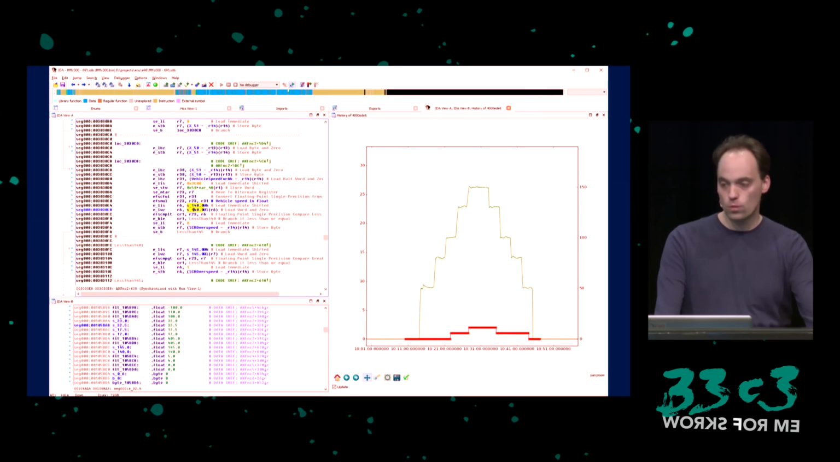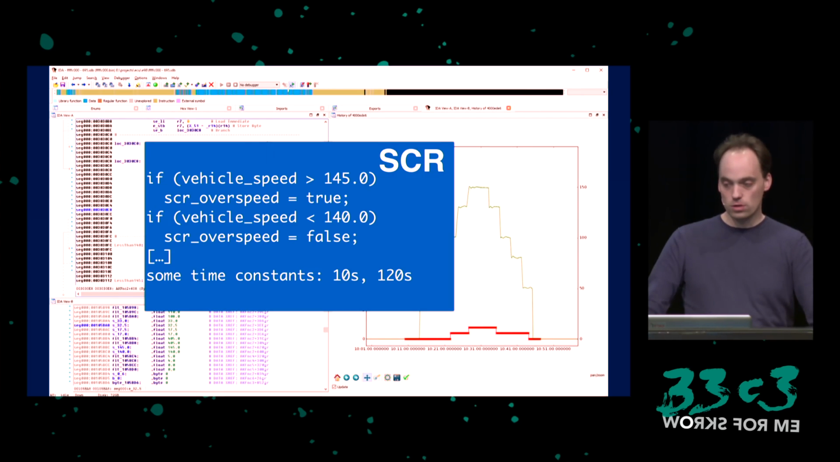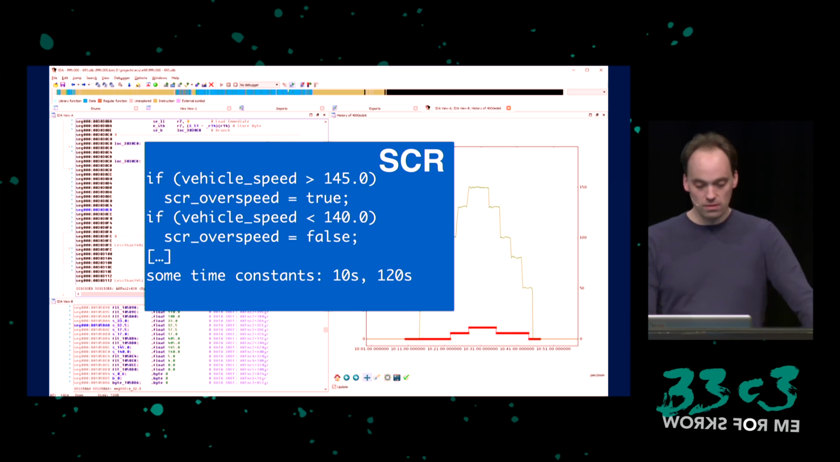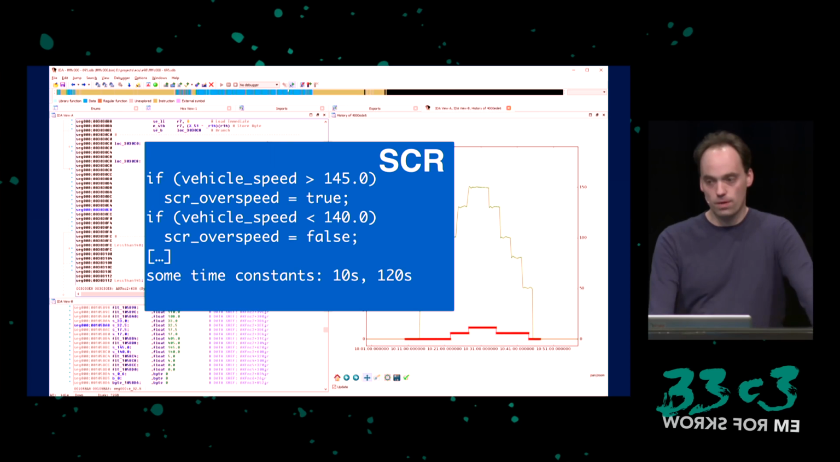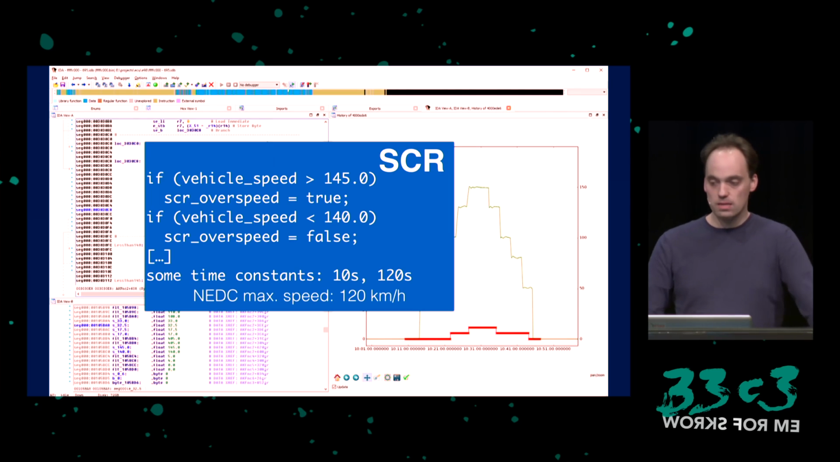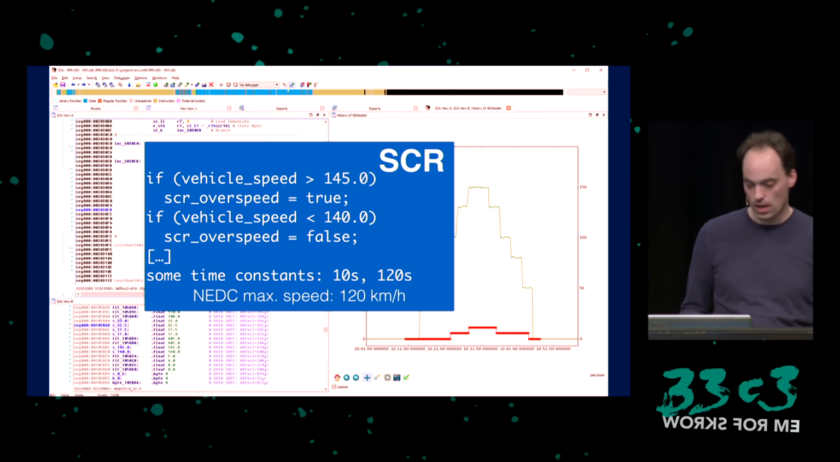And one thing we found was this. It's basically reading the vehicle speed and comparing it to a fixed number. And it turned out it's something like this. It would check the vehicle speed, and if it's above 145 kilometers per hour, it would set a flag, and then under 140 it would clear it. Keep in mind that the NEDC maximum speed is 120 kilometers per hour, so during a test cycle that would never happen. So let's see if what we found in software really translates to something the car does